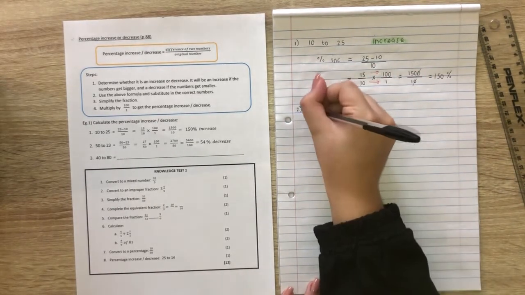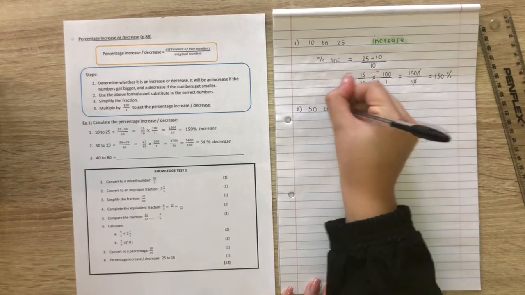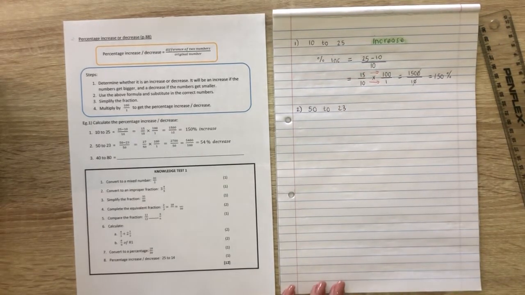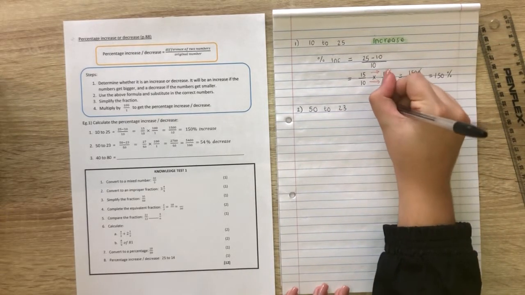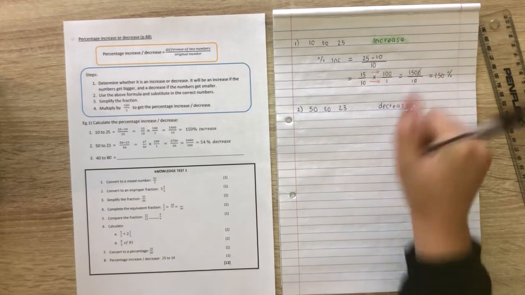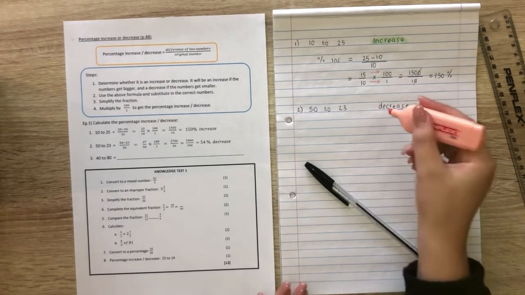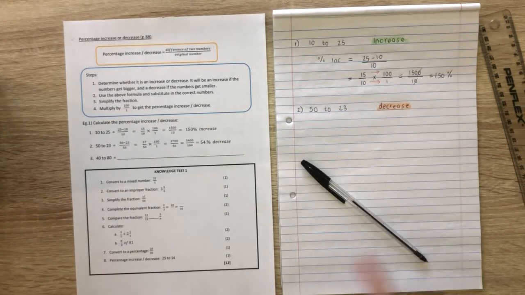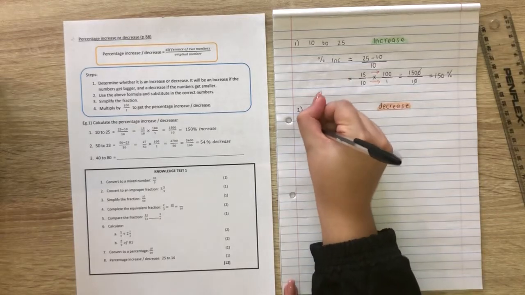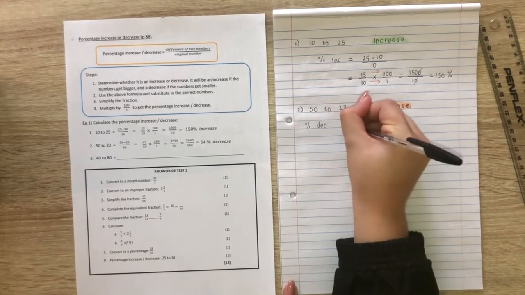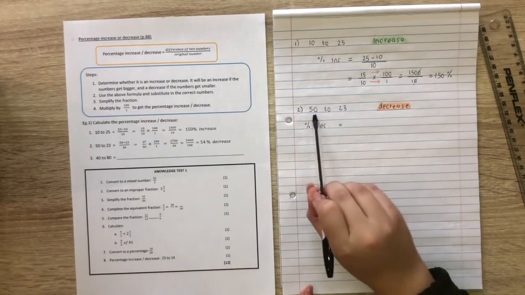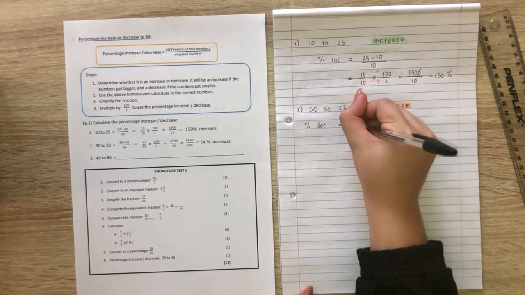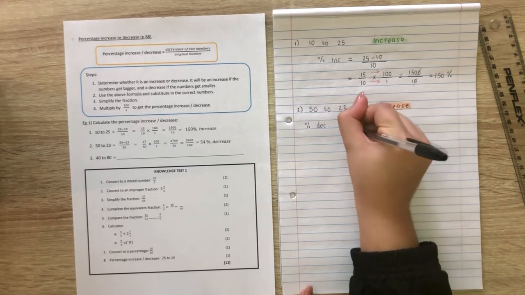We've got 50 to 23. Okay, so now it's going from 50 to 23, so that is clearly a decrease. It's going biggest to smallest, so it's a decrease. So you're going to say percentage decrease is equal to the same formula. The difference of the two, so biggest minus smallest, 50 minus 23,